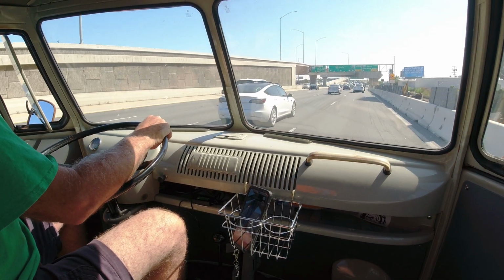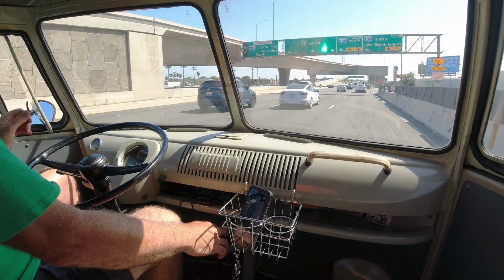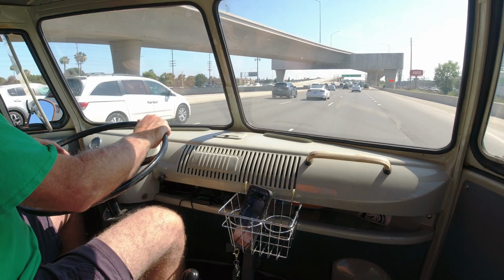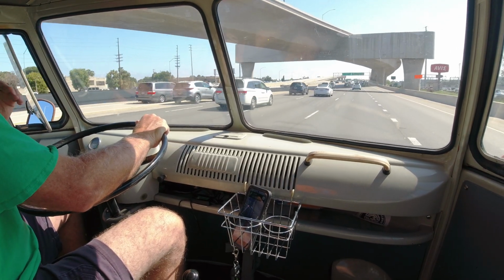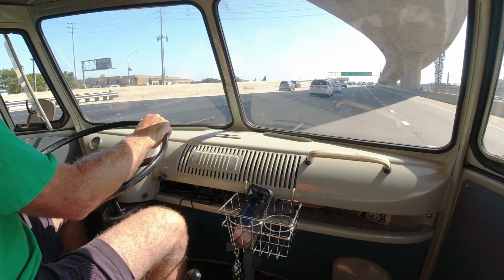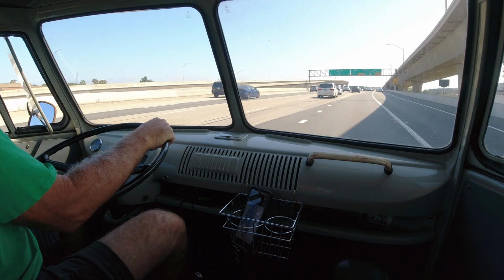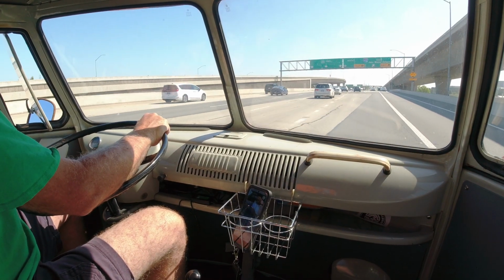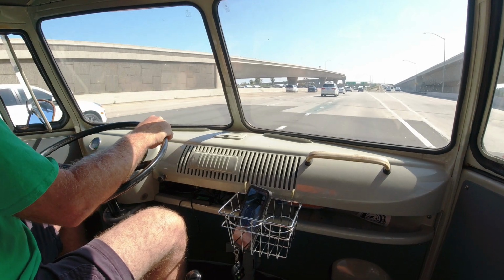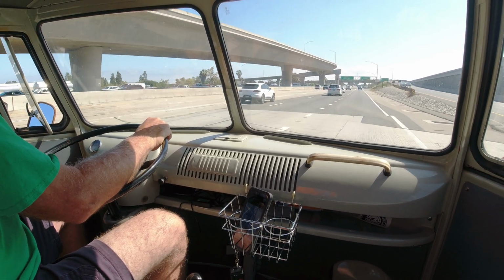So anyway, bright orange, bright red and white, you'd think they'd see it, but they use it as a pylon, whipping around. So I'll let the video roll from here. That's kind of where we're at. It's definitely a huge improvement. I don't know how much better I can get it, but I'm going to try to do some more with the carburation maybe. It did improve quite a bit with the timing backed off a little,